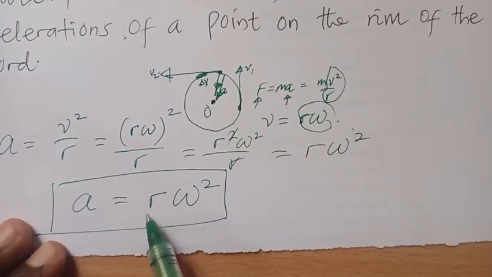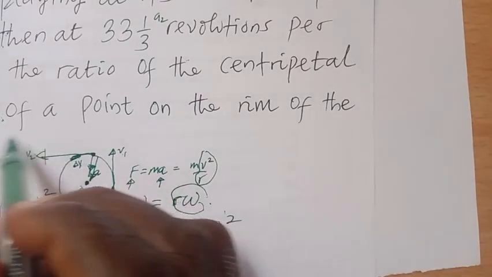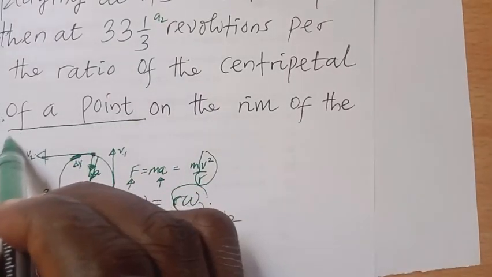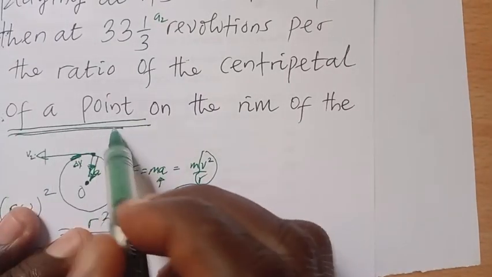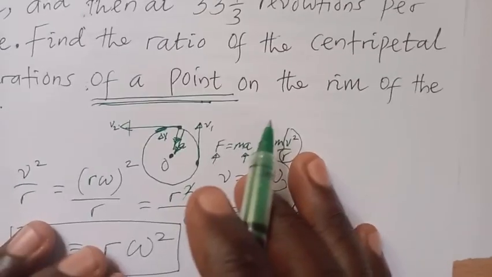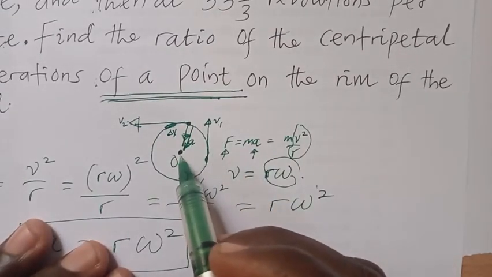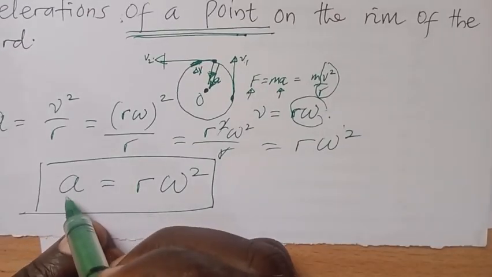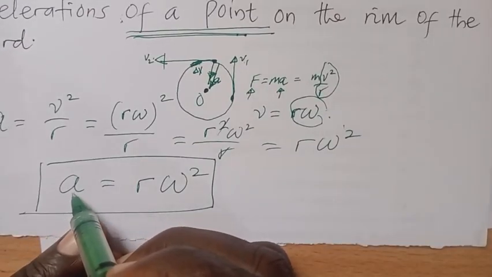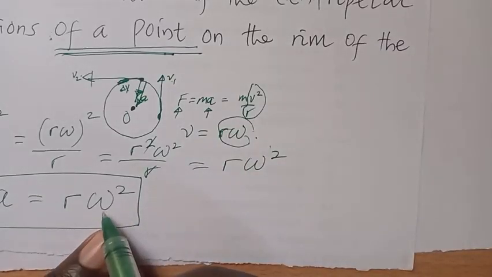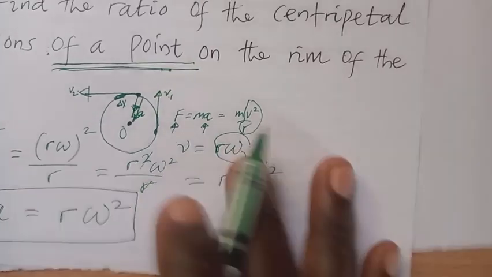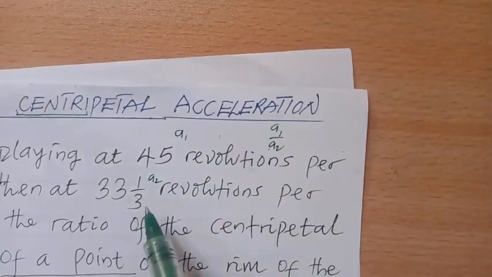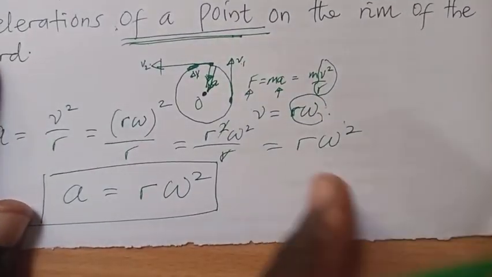and from this formula you can see that if r is constant, because they say from a single point, since the point is one, your r, which is the distance of that point from the center of the circle, will also not change. So it means what will make the centripetal acceleration change is when the angular velocity changes, and angular velocity changes when the angular frequency changes. Okay, it means that